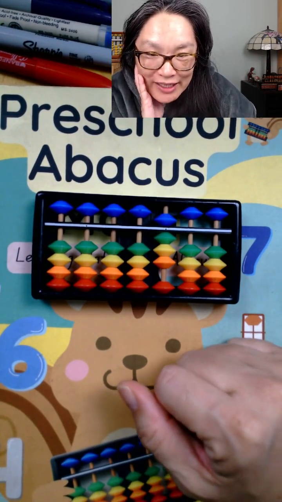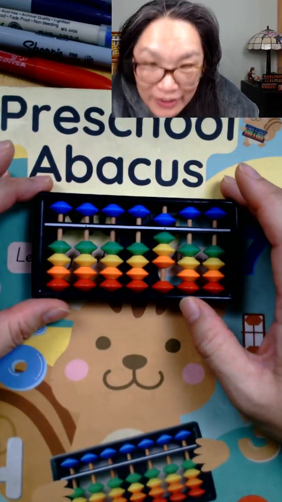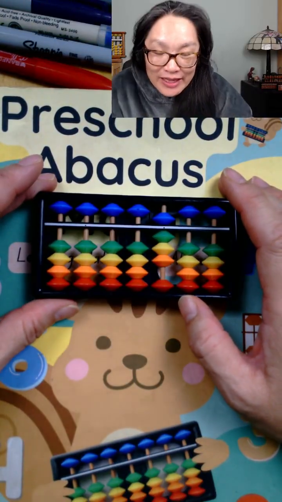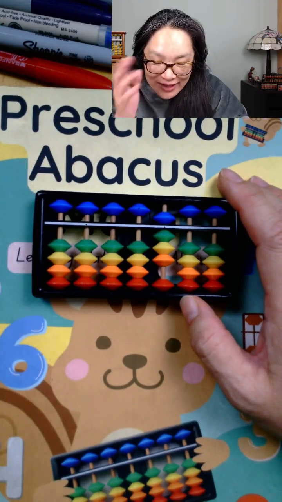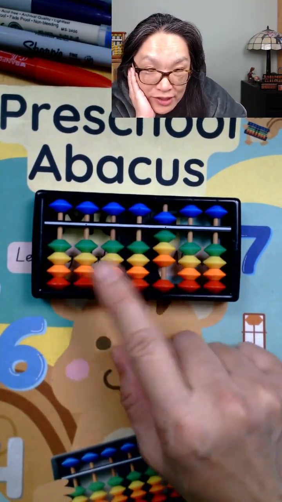How do you do multiplication? Well, before we do multiplication, let's do some adding and subtracting. So the first thing we're going to do before we do multiplication, let's figure out how to read